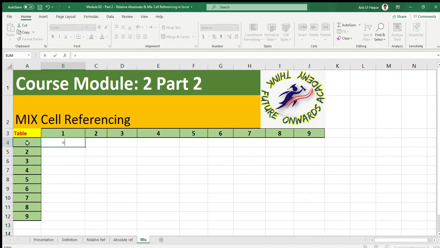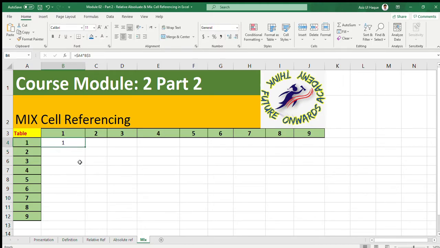How is it done? Equals to this value A4. I need to press F4, but this dollar sign should be on the outer side of the A, which means it is a cell reference of row. Multiply by B3, press F4, and now this dollar sign is in between B and 3, so it means it is a column.